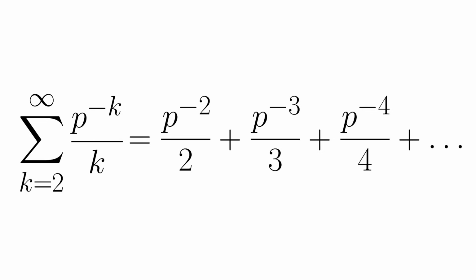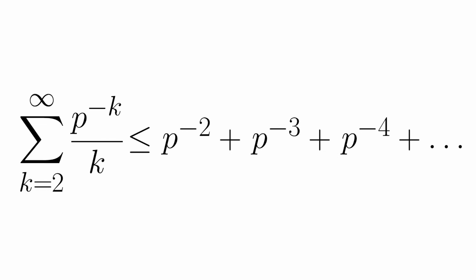Now, I'm going to round this up considerably. Namely, I'm going to round this up to p to the minus 2 plus p to the minus 3 plus p to the minus 4, and so on. And I want to note that in doing that, I've made every term bigger, so I've only made the sum itself bigger. The reason I've done this is that this sum I now know how to calculate, because it's now